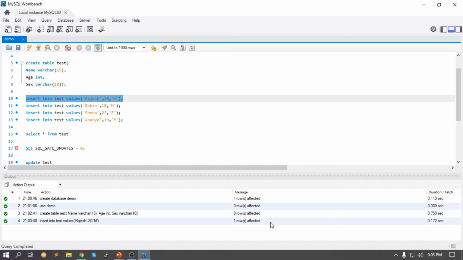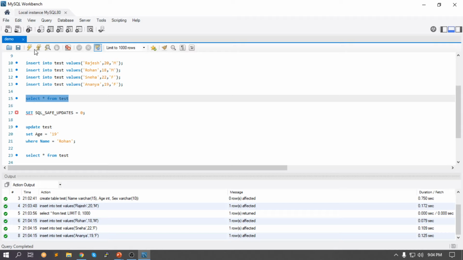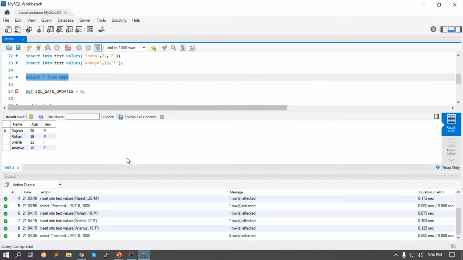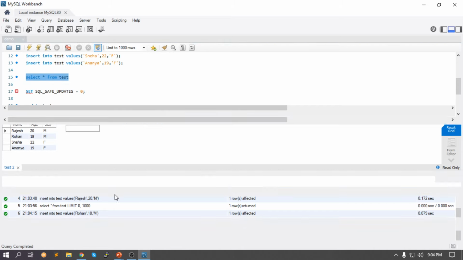You might have seen the basic SQL query command that I showed you at the start of the session, where we had something more like a where clause and whatnot, right? So we can use that as well, but then this will give us the entire entry present in our table. So as soon as I run this, instead of just Rajesh, all of the 4 entities are present for us: Rajesh, Rohan, Sneha, Ananya, and more, guys. So it is pretty much as simple as that. Let me quickly bring this down a little.